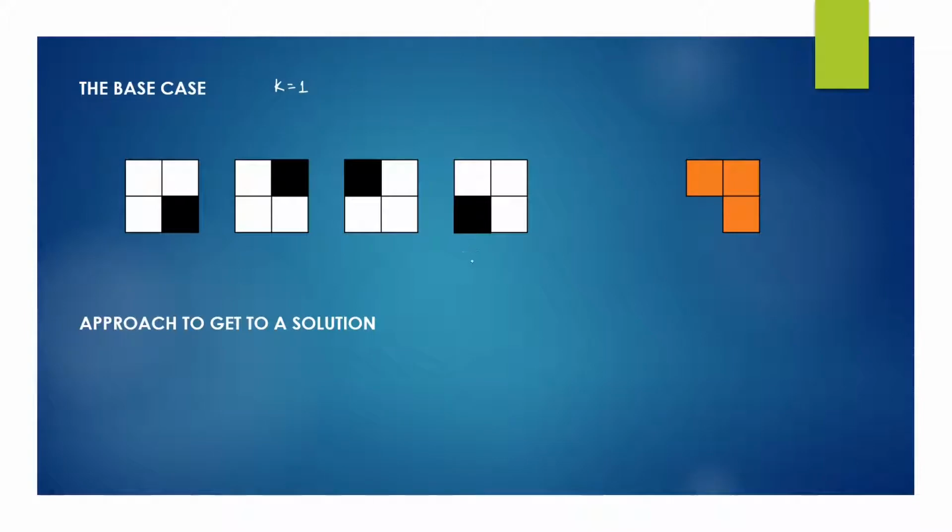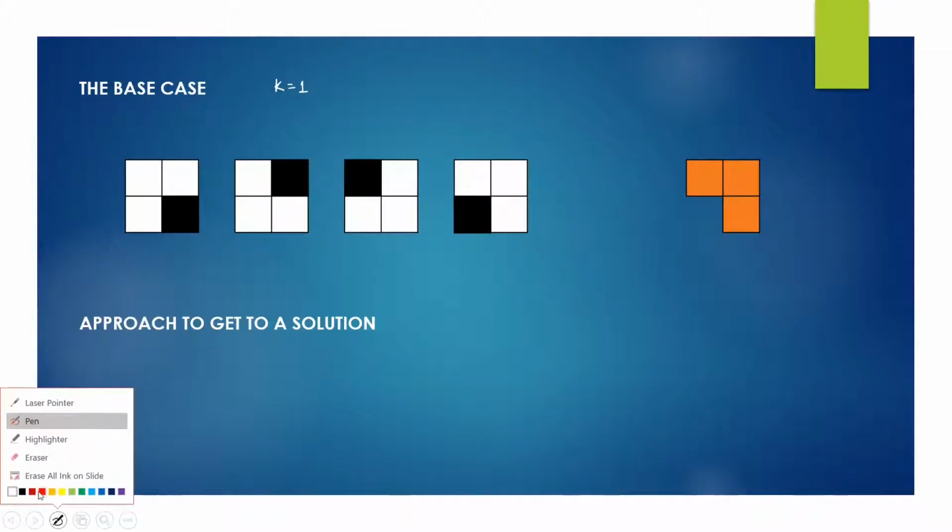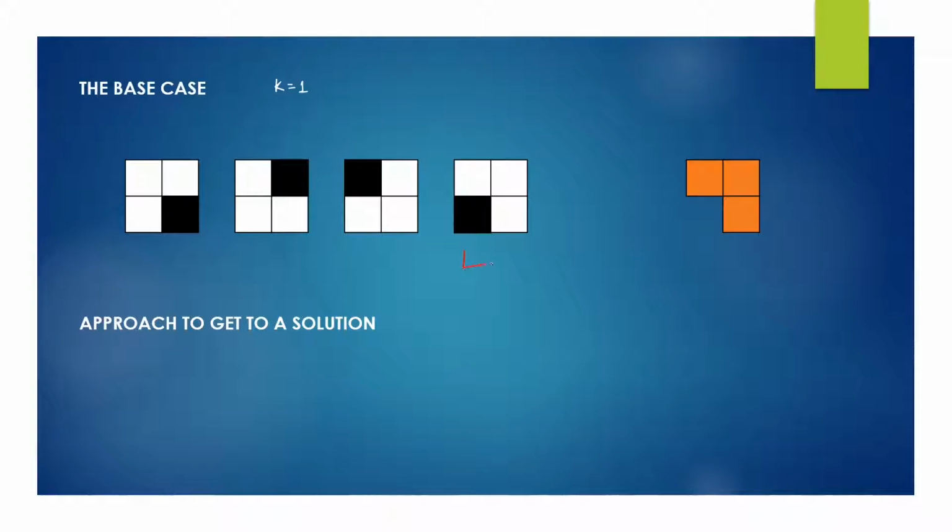So basically for this case you can have something that looks like this. And just to show, your L-shaped tile would look something like this. Pardon my drawing, it's just a rough sketch. Similarly for this, you can have an L-shaped tile that looks like this. For this case you have something that looks like this, and for the last case you have something that looks like this. Okay, so these types of tiles can be used to place in our base case. The base case is our base, right? This is the minimal case that can happen.